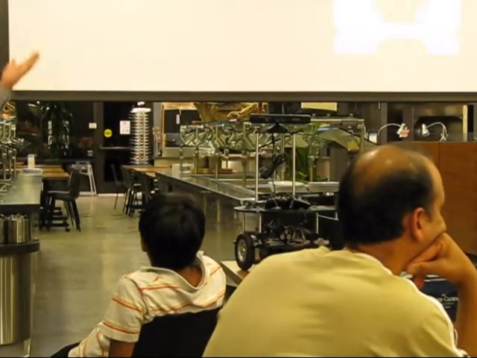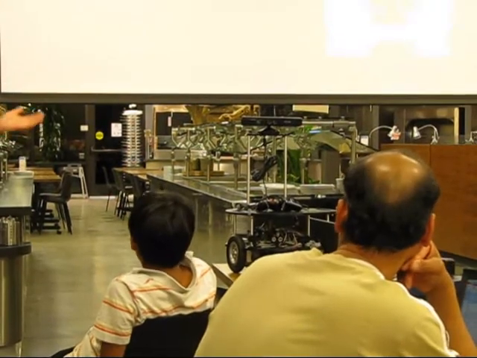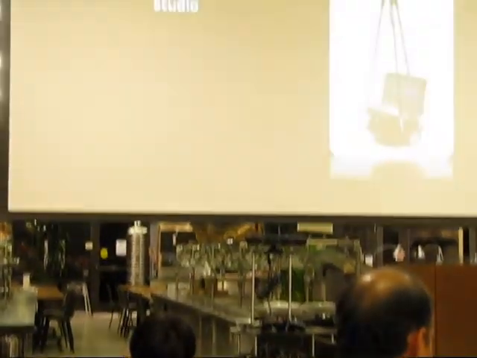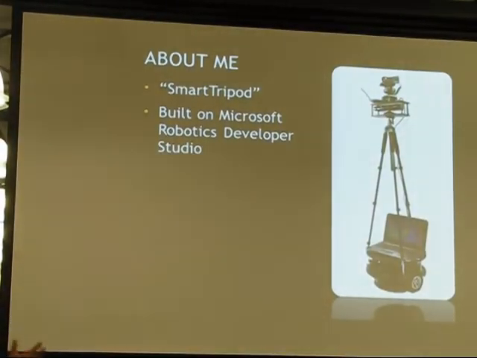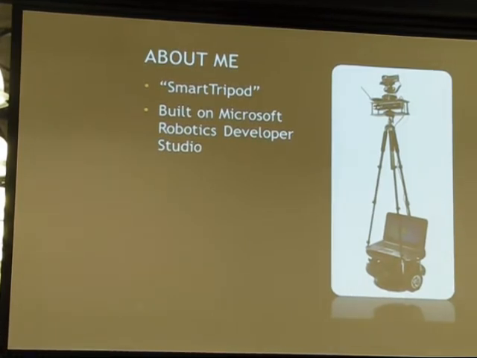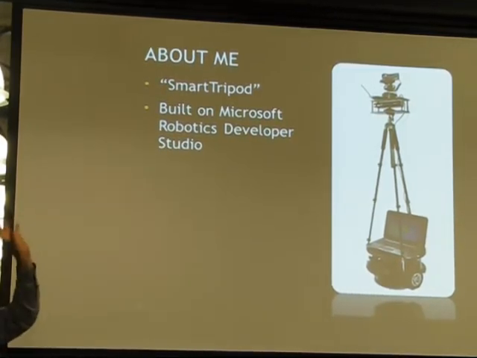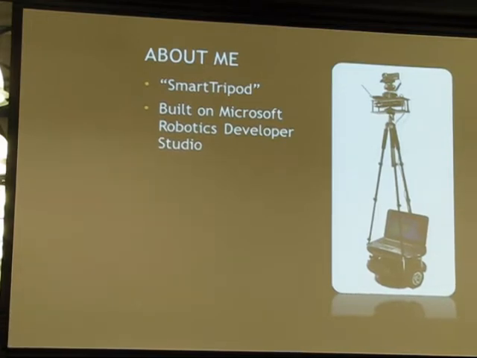So what I built was a robot I called the Smart Tripod. Not exactly a revolutionary idea, but it's a robot that follows you around with a video camera on the top, a pan tilt system, and as you're roaming around, it follows you. So if you're creating, for instance, how-to videos to upload to YouTube, or demonstrations, those kind of things, it does it. And I'm going to talk a little bit more about how I did that as the talk progresses.